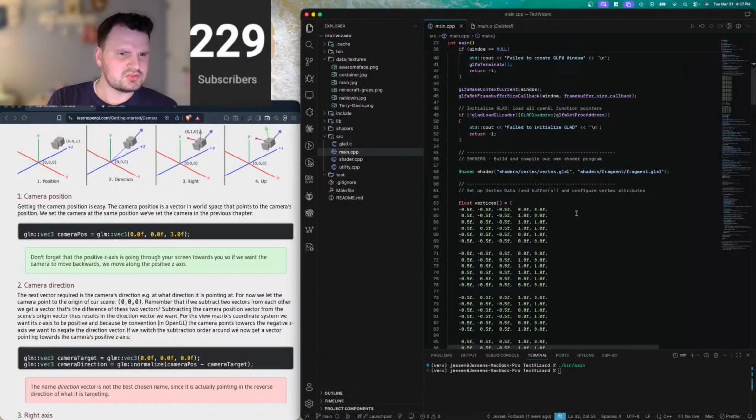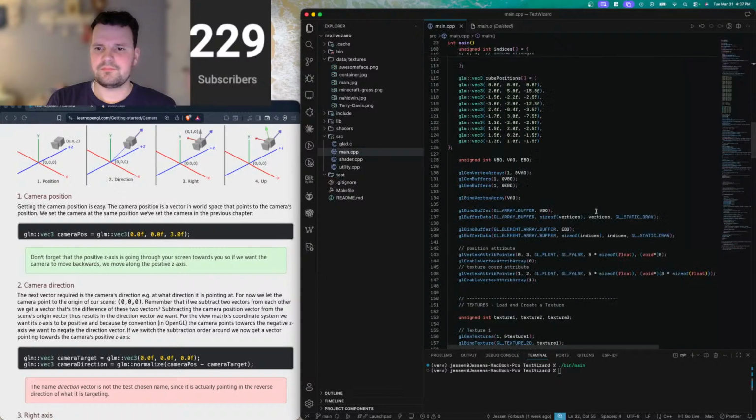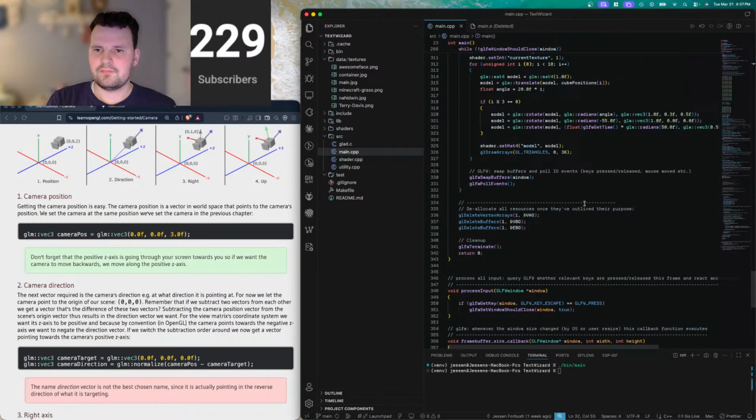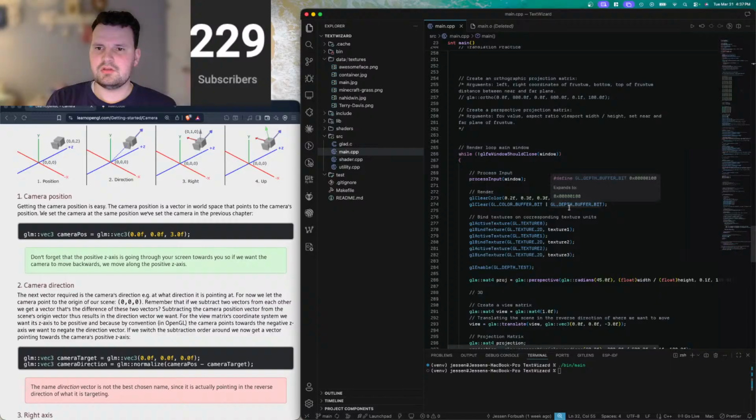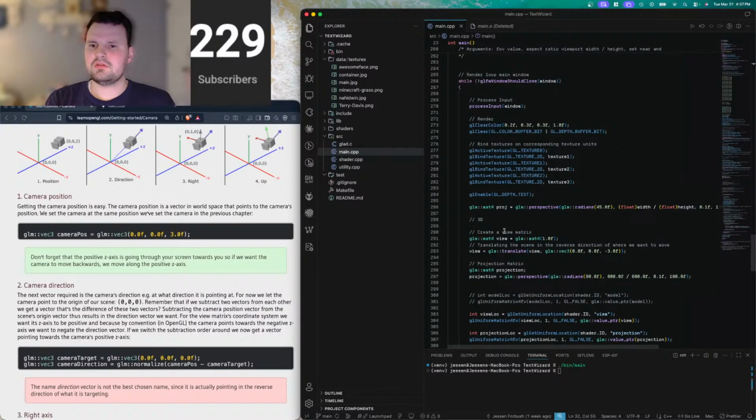Okay, camera position. Getting the camera position is easy. The camera position is a vector in world space that points to the camera's position. We set the camera at the same position we've set the camera in the previous chapter. Awesome. So let's go in here and